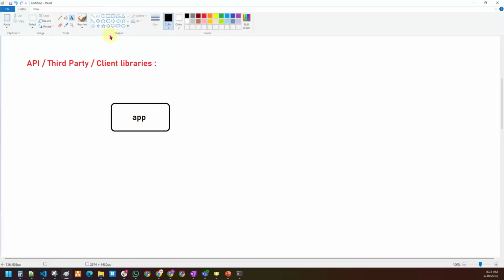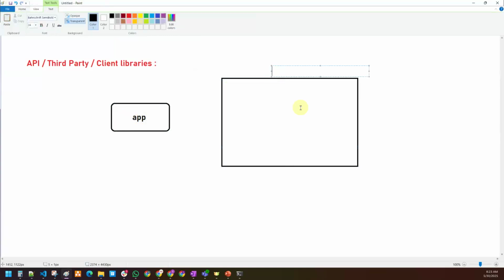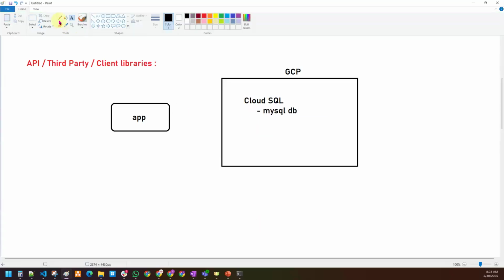An application is always connected to the backend databases. So this is Google Cloud Platform. In Google Cloud Platform, there is one service called Cloud SQL. Under that, you can create a MySQL database, right? So an application can interact with the GCP services also via API or via some interface.